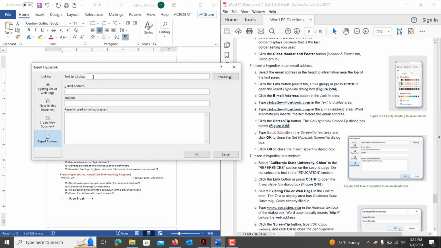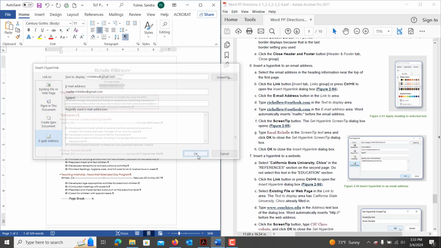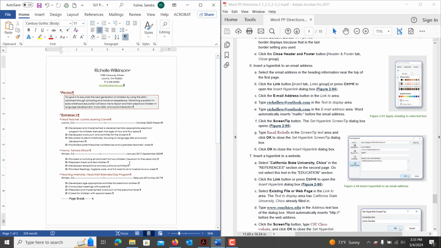We're just going to hit Control C, Control K, and we have our hyperlink selected, and we're going to go to email address, text to display. We're going to hit Control V as in Victor to paste that. Then where it says the email address, we're also going to hit Control V as in Victor. Now again, we would have had to type this in had we not copied it, but we did. So we've typed it in, we did 6D and E, and then now we are going to add a screen tip that reads email Rochelle. So we're going to click screen tip and we're going to type in email Rochelle, and after we hit OK and then OK again, we're going to add a couple of more